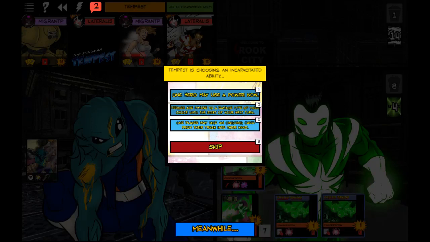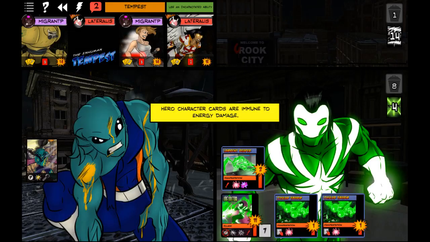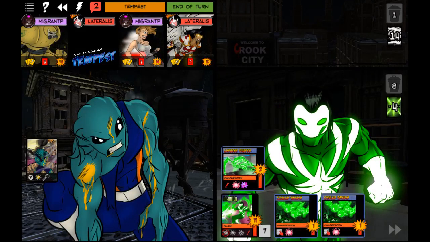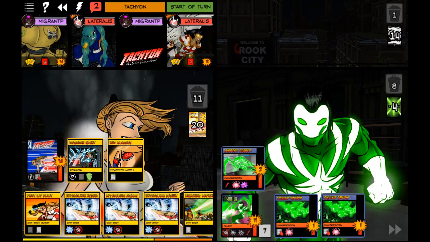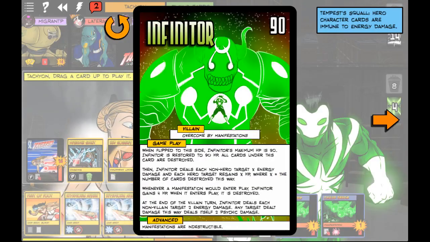Being immune to energy damage is really, I was going to say, useful. That was my first thought, was immune to energy. Yeah. That's most of the damage from Infinitor. And I think his flip, does he... I guess he doesn't damage us when he flips. But he does energy damage on his other side, so...